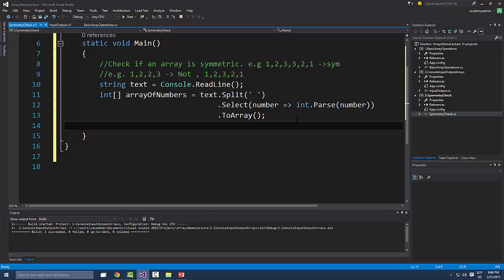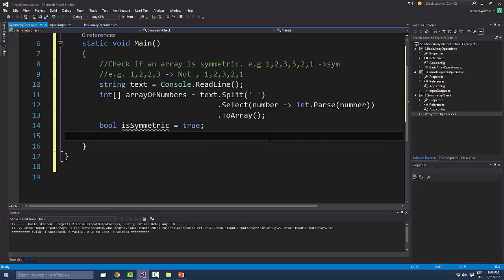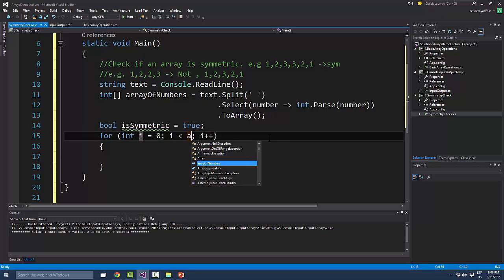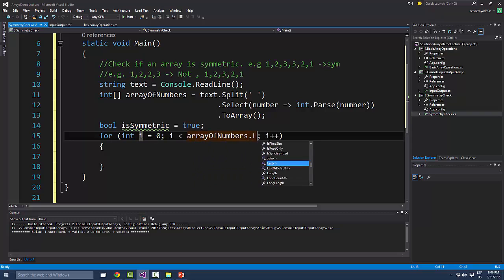Now I want to check if the first one is the same as the last one, the second is the same as the one before that, and so on. I'm going to use a boolean isSymmetric, and give it a value of true. If I find one value for which this is not true, then I can just break out of the loop that I'll have. So for i from 0 to array of numbers dot length,